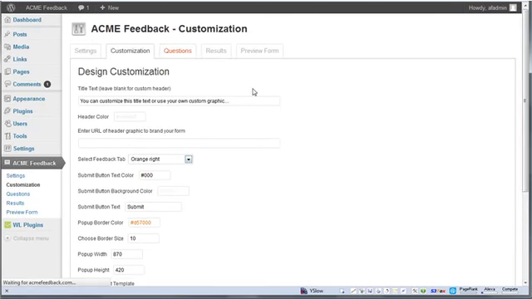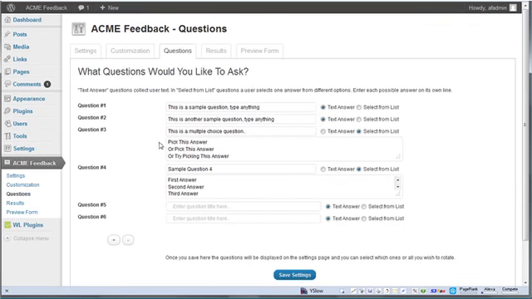And then we have the questions. Here's where you can ask the questions. You can see that I have the sample questions in here. And actually, I can fix a little typo mistake right there in the question. This allows you to do multiple choice. You just enter each answer by line. And you can do that here and there. And if you want to add more questions here, you can do that. And then when you're done answering the questions, you just pick and choose which ones you want to display on the settings